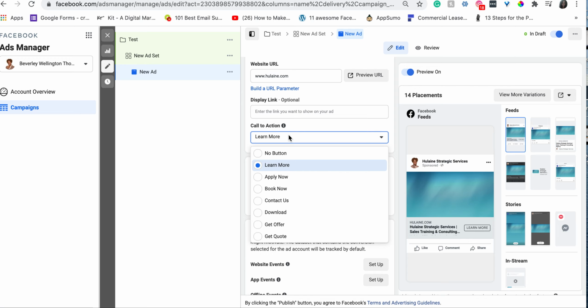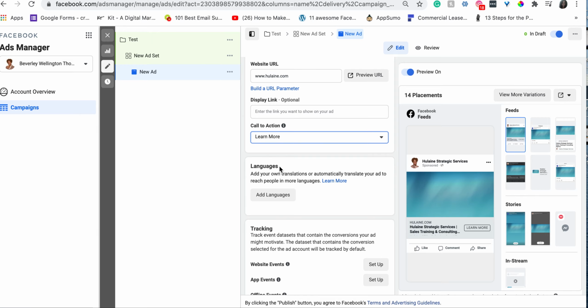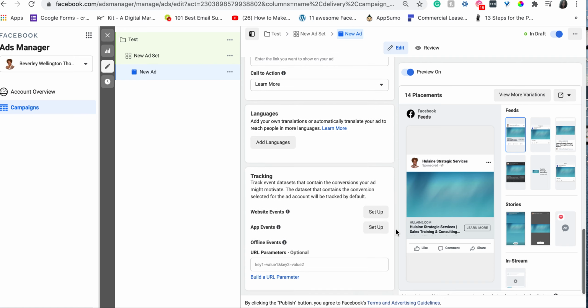Whatever it is, that's your call to action. So our call to action here is learn more, right? And we can add tracking. So tracking is basically pixels. Pixels are very, very important purely because